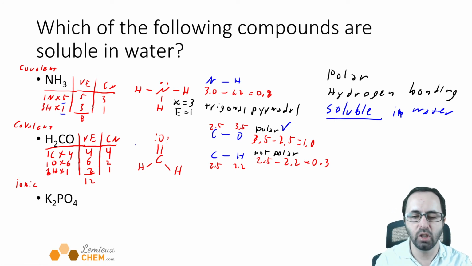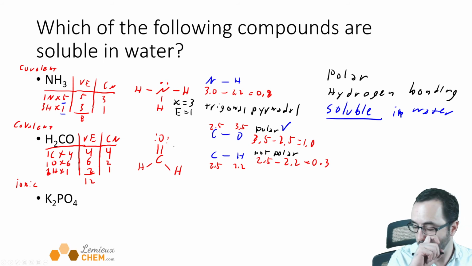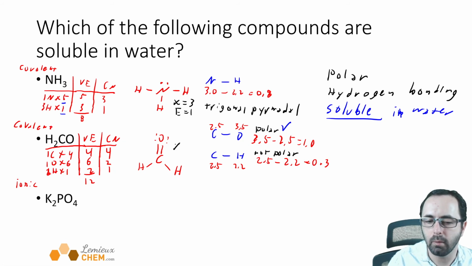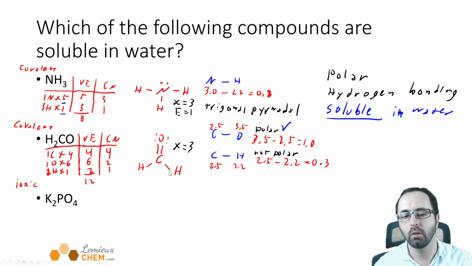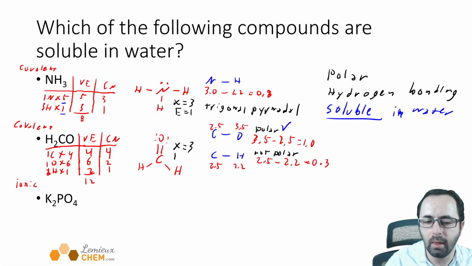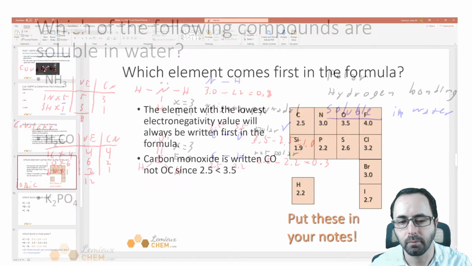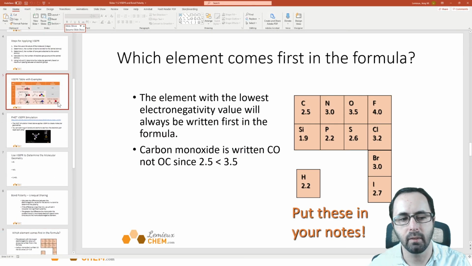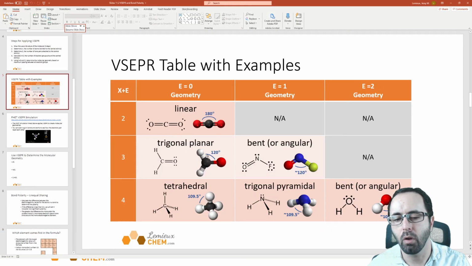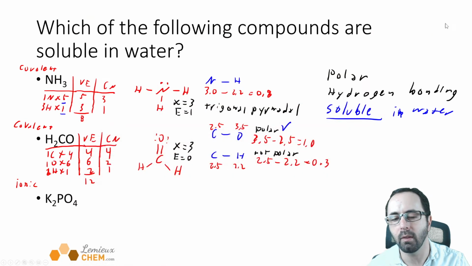And regardless of the shape of our molecule here, you can probably tell this is going to be asymmetrical because there's a different atom on the other side. But we might as well figure out the shape. X here is 3 atoms bonded to the carbon, 1 oxygen, 2 hydrogens. E is 0. This is formaldehyde. It's actually the exact example that we have here. It's trigonal planar,